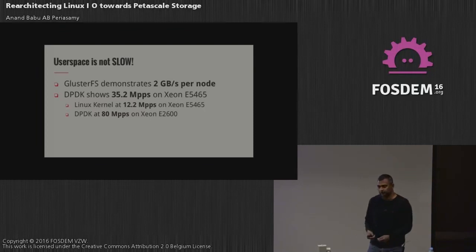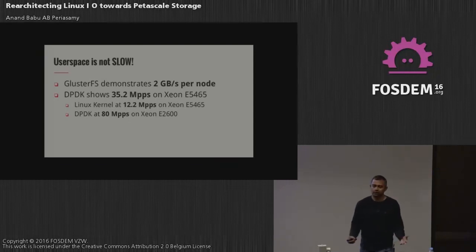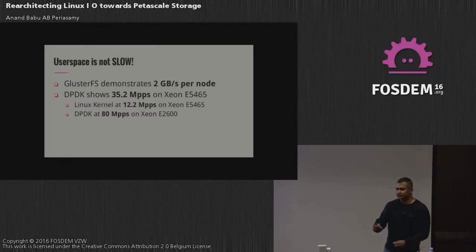The file systems that you are talking about inside the kernel mode, they crap out for even 6 terabyte drives. Try doing a file system check on a 6 terabyte drive, you will know how painful it is. When you are talking about a single 2U box with 12 drives, on average, like the Facebook Open Compute box, you're talking about 30 drives in a single chassis. A kernel mode file system struggles to manage that much data, right?